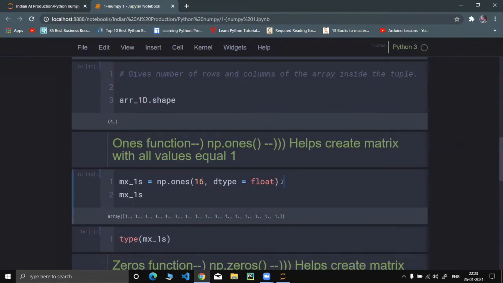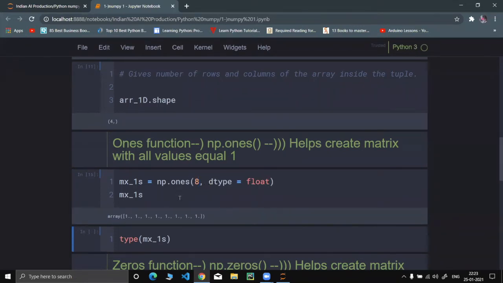One more function, dot reshape. Hitesh, tell me. Is this 16 variable or fixed, constant? No, this is variable. Let me show it to you, make it 8 or 7 or 6. That's just the number of values we want in our matrix. Suppose I put 8 over here.